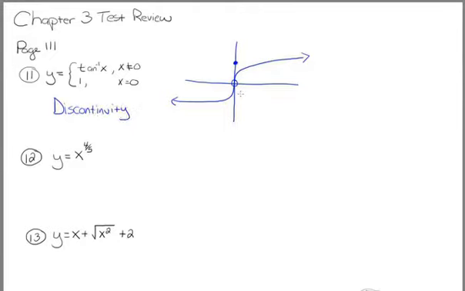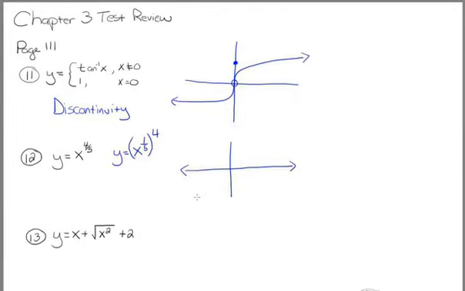Okay, so now let's look at number 12, and there are a couple ways we could approach this. I think maybe the easiest is, again, you could just do it on your calculator and let it do most of the work for you, or we could get a little bit investigative here and realize that we could rewrite the problem to be x to the 1/5 to the 4th power. And the 5th root of a function, you can plug in negatives and take the 5th root of a negative number. And so once again, having sort of a basic understanding of functions,